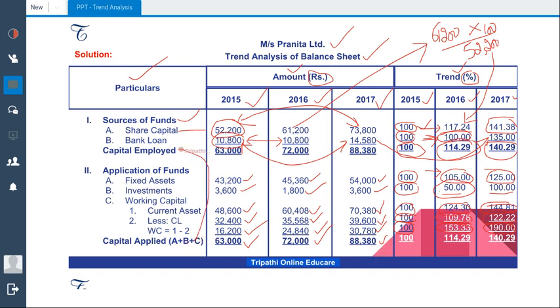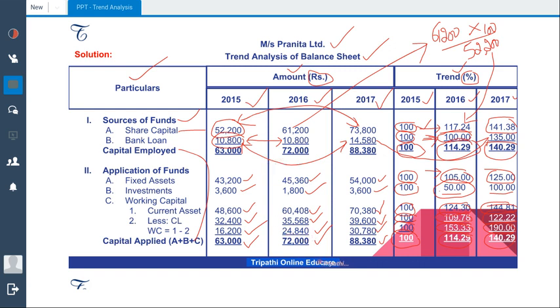So this is same as capital employed. First year is 100%, second year is 114.29%, and third year is 140.29%. So this is how we analyze the balance sheet,